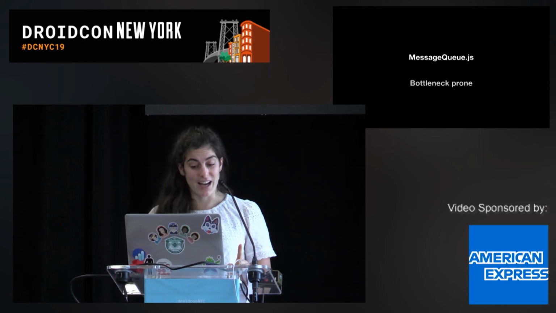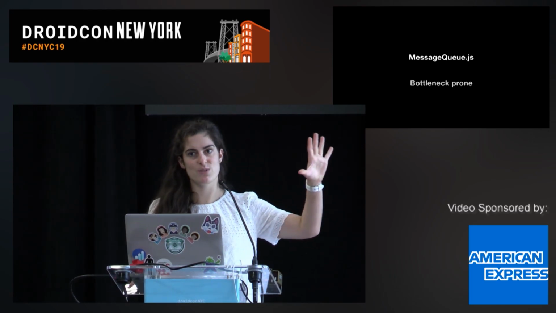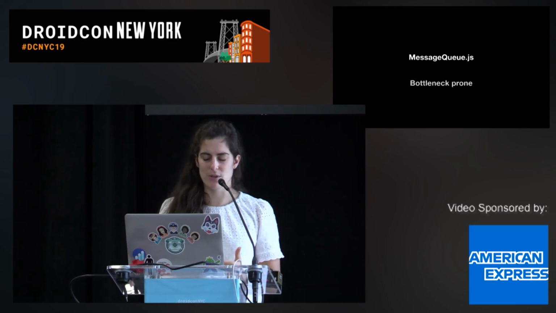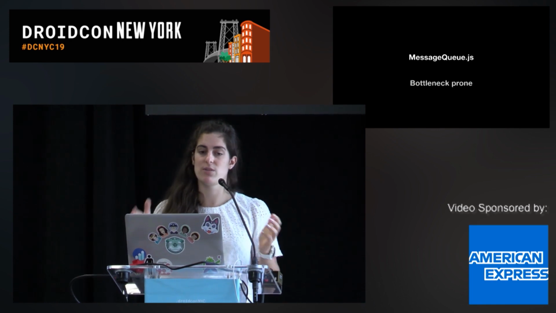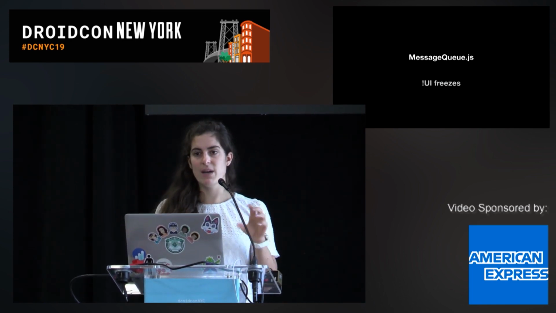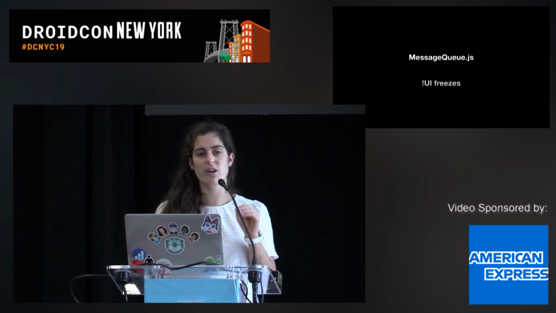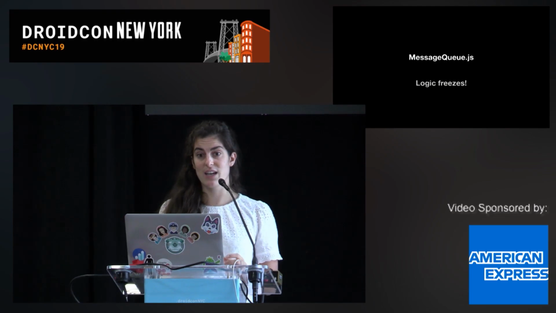This was definitely something that I hit when I was doing React Native at my former startup, that our JS was very performant, our Android was very performant, and all of our performance problems ended up coming down to the message queue because we were trying to pass too much information between the two sides. Now, what's interesting about this is that the message queue is asynchronous, so if you start hitting problems here, it's actually not going to freeze your UI. Instead, it's going to freeze your logic.